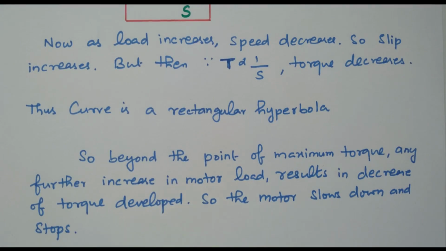In this video, we discussed the torque slip characteristics of an induction motor with two regions, the low slip region and the high slip region. During the low slip region, torque and slip are directly proportional. During the high slip region, they are inversely proportional. And we conclude that beyond the maximum torque, while increasing the load, the motor speed decreases slowly and